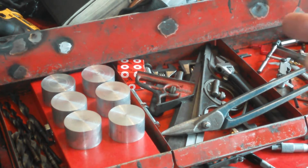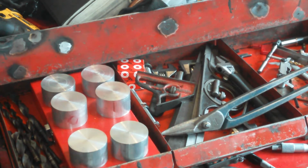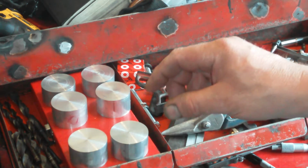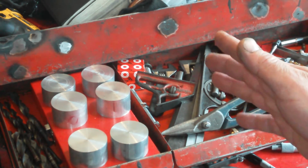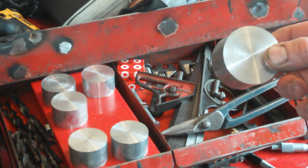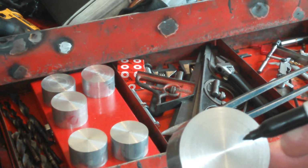So, I only need 2 of those for that. So I've got 4 others. And I need 8 hold downs that go between solar panels, and I need 8 hold downs which cap the end off, if you see what I'm saying. So on these each will make 2, and I haven't really designed them yet, but I'm guessing it's going to be something like